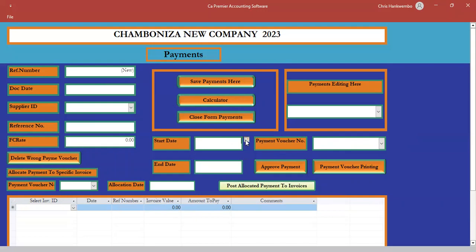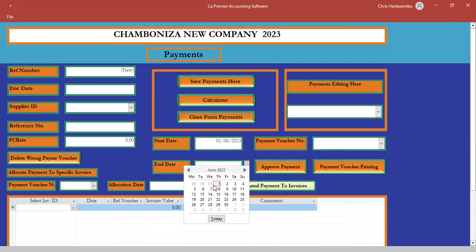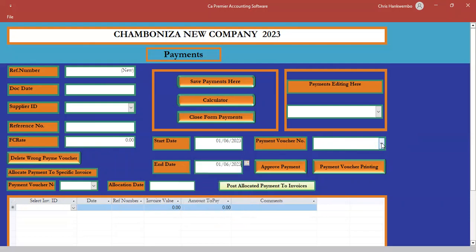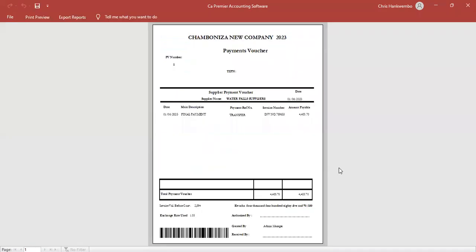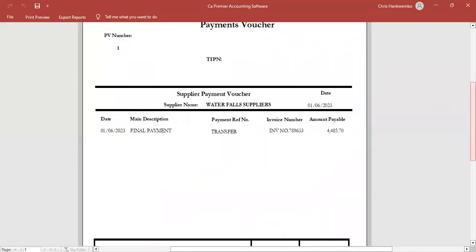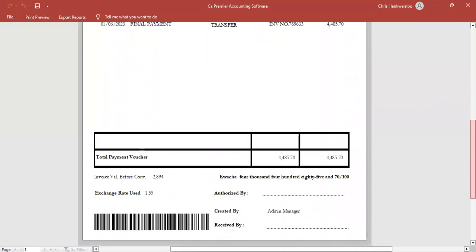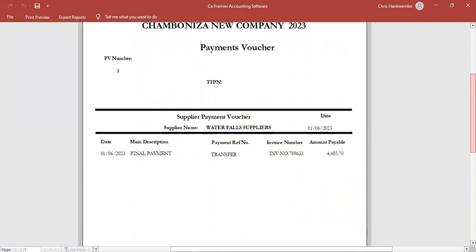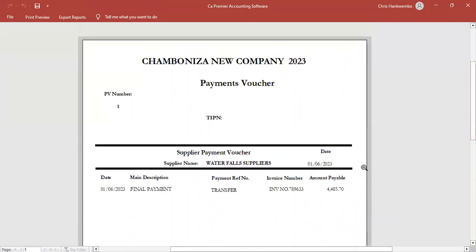Now, here, I wanted to print my payment voucher for the director to sign or approve it. So I'll come here and do this. Okay? See what is happening here. There is my beautiful payment voucher, which needs to be approved by the director so that we do the transfer and the money is going